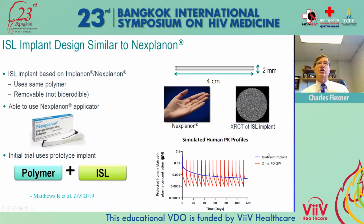Now, the high potency of islatravir also makes it a good candidate for formulation into an implant. And because the folks at Merck who are developing islatravir also developed the implantable Nexplanon, which is a hormonal contraceptive implant, they have used that same technology to develop islatravir implants for HIV prevention and possibly eventually for HIV treatment. And so the islatravir implant uses the same polymer, the same design as the Nexplanon implant, which is an etonogestrel implant. It is a non-bioerodible, removable implant, and it uses the same applicator as Nexplanon, which is shown here. And any healthcare provider can be trained to administer this implant